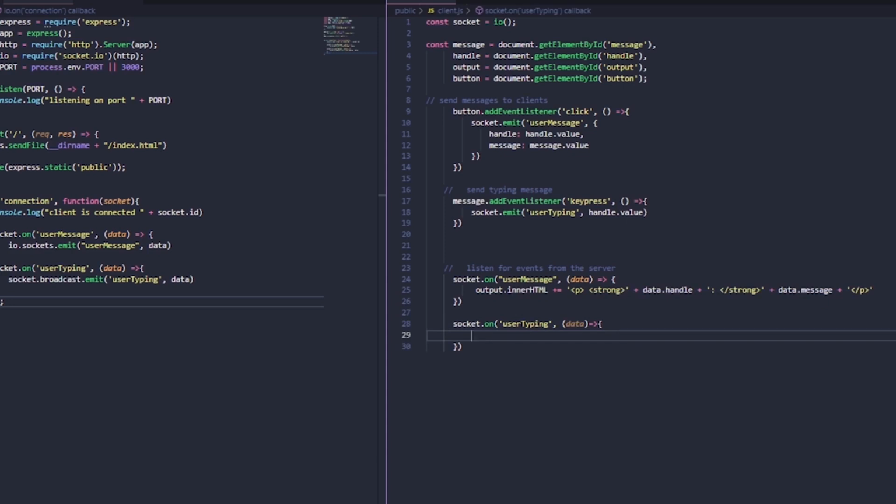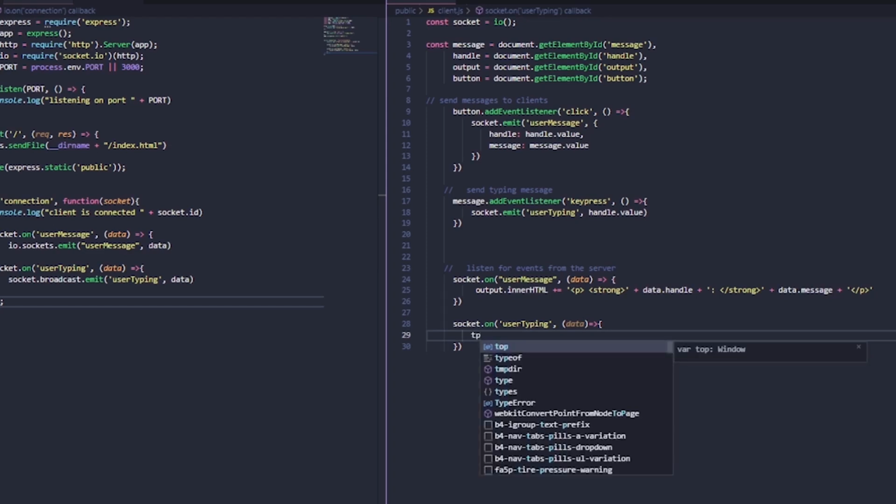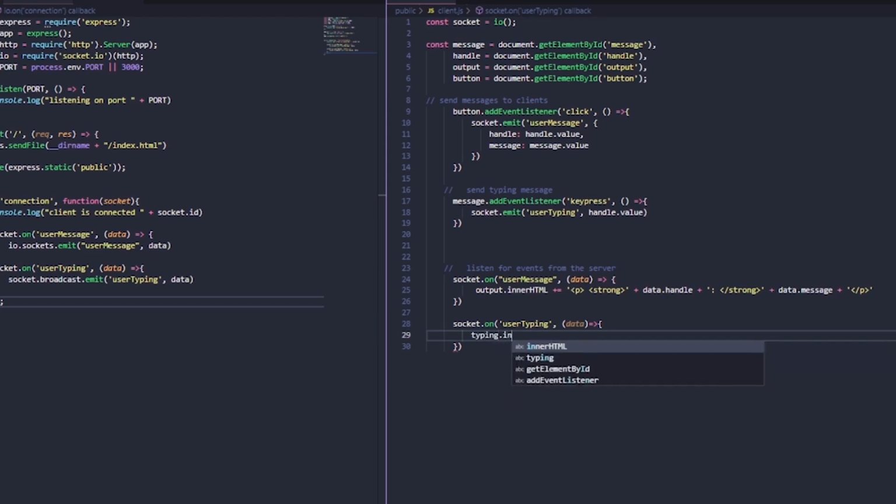Now we actually need to create another div for this piece, and we didn't actually create it yet. So I'm going to go ahead and get that created. To keep it simple, I'm going to name the div typing. So I'm going to say typing.innerHTML equals